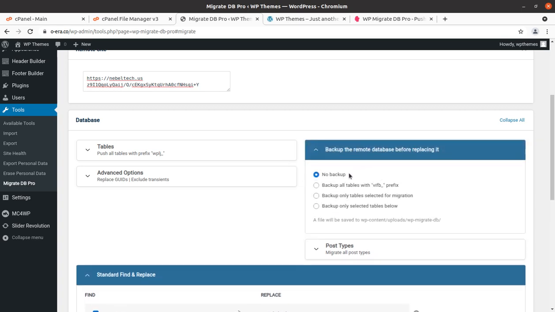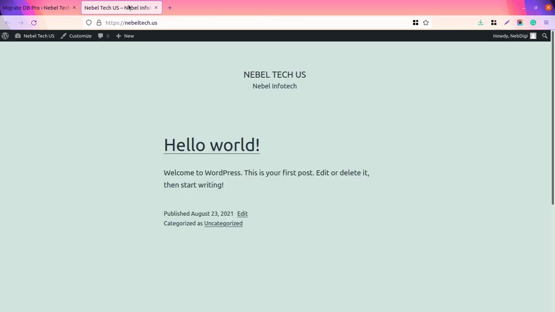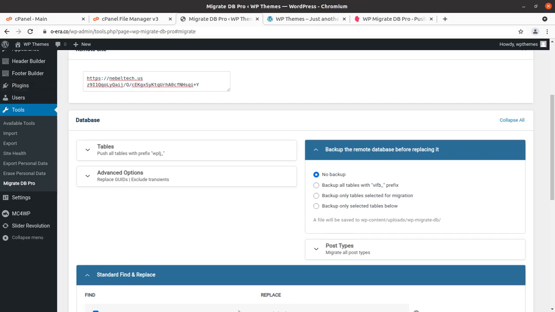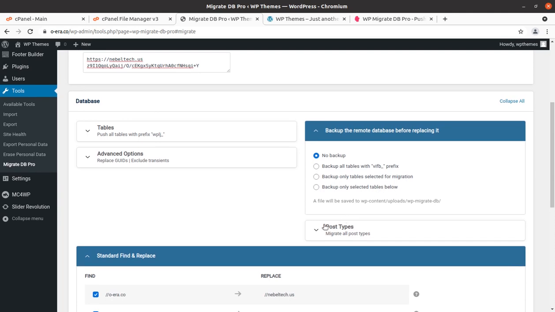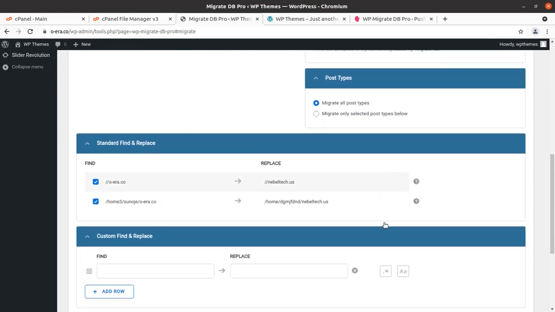And this is also a very important option, that if you want to take a backup of the remote site, that means if we are sending the data to this site, just in case you want to take the database backup of this website, you can do this. So backup of tables, however backup is not required, you can select to have it, and migrate all posts.